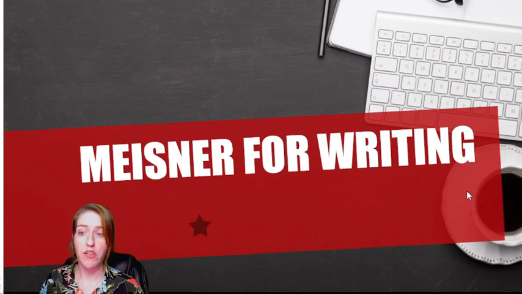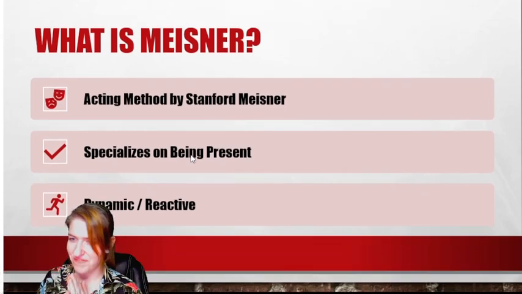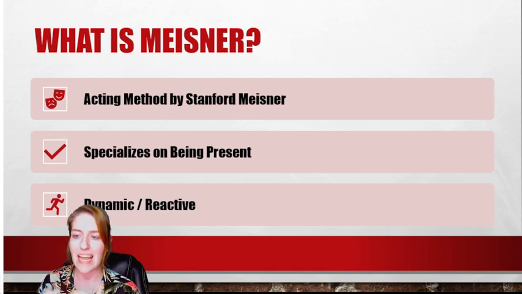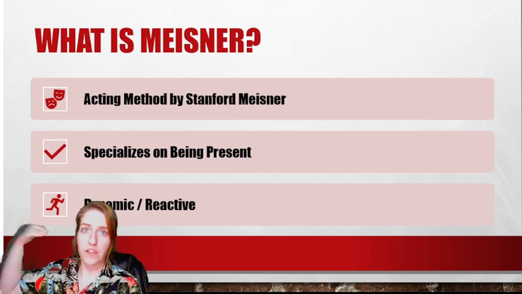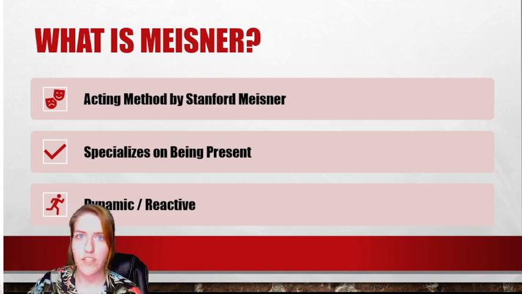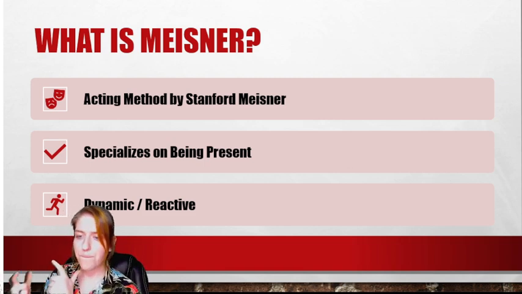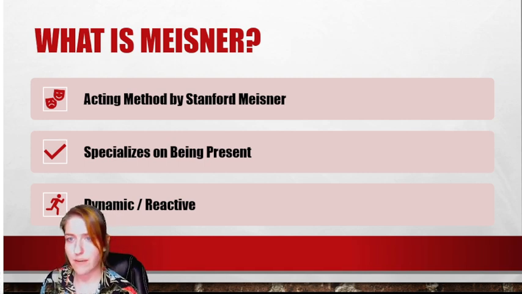And yes, we are going total old school here with a PowerPoint. First question is, what is Meisner? It's an acting method created by Sanford Meisner. It specializes in being present in the moment and being dynamic and reactive to the situation, as opposed to plotting outside of the moment, thinking ahead, or thinking of the past. And as plotters might know, you've constantly got in your head where you're going, where you want to go, and where you have been, and how you need to put all of these different layers into your plot. That takes you out of being present, and you're no longer responding to the current stimuli, to the current situation,